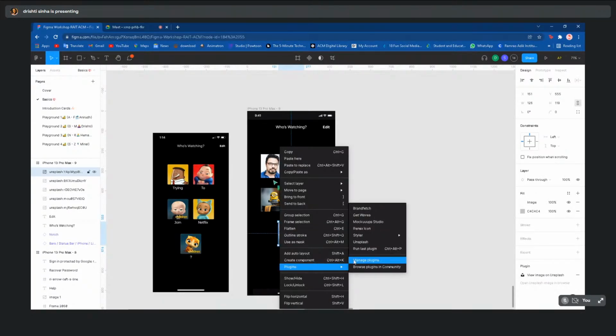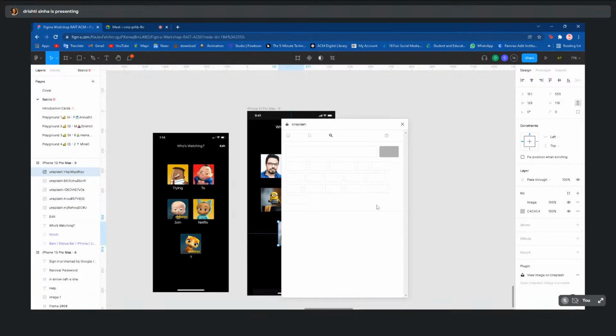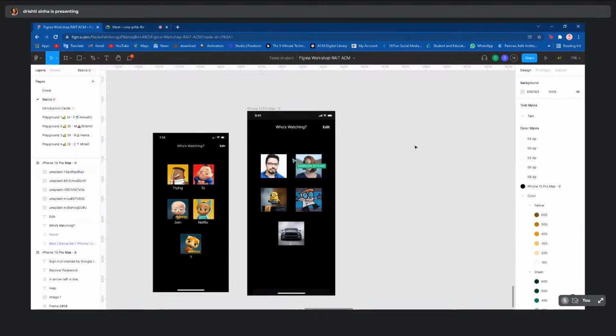Right. So now we have the images set up. Now the only thing that is remaining is the text. So for the text, we can select the text again, or we can just Alt and drag this. We'll place the text here, and we'll add random names. So if we have Pratik,